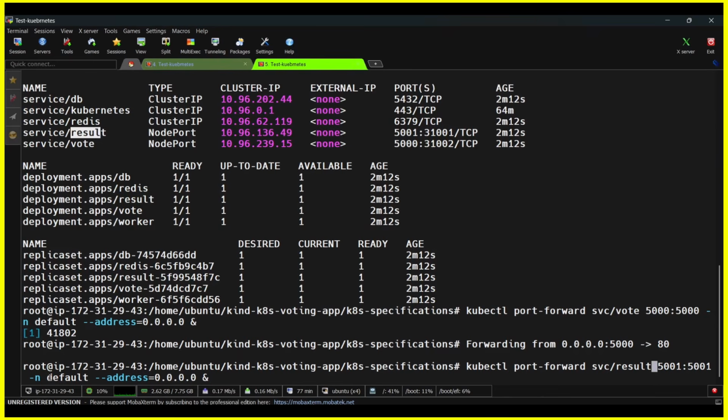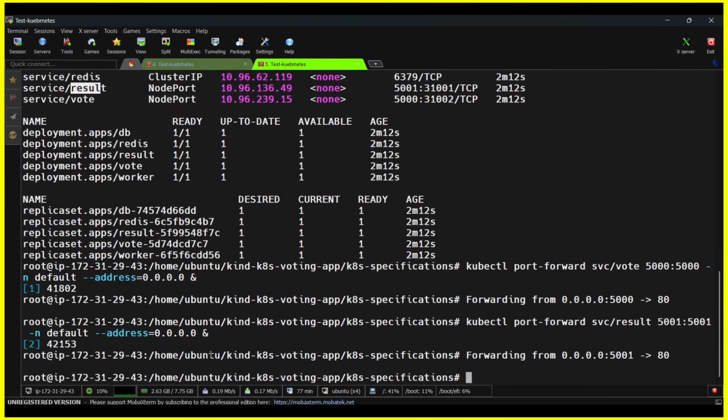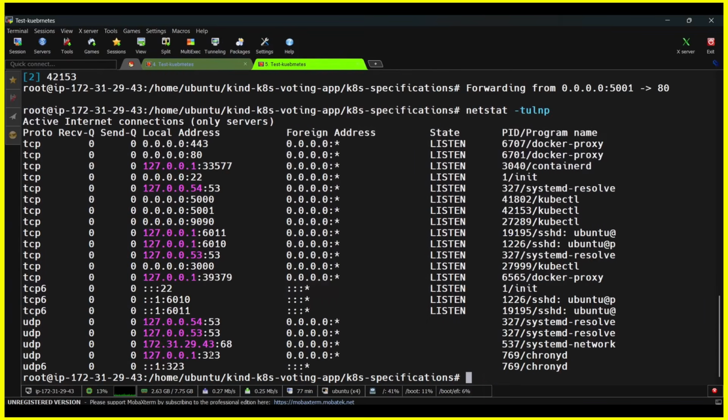I have given namespace default because it's running in the default. If you don't give namespace also, there is no problem. But for best practice, I'm giving default. Hit enter, so it's stating that this is also perfect. Now to cross check, okay, sir, you're saying that our service is running in the background and the host machine port number is mapped. How do you check over here, right? So if I check over here, see, there are two new port numbers mapped with kubectl, that is 5000 and 5001. That means one service is running for my vote and results